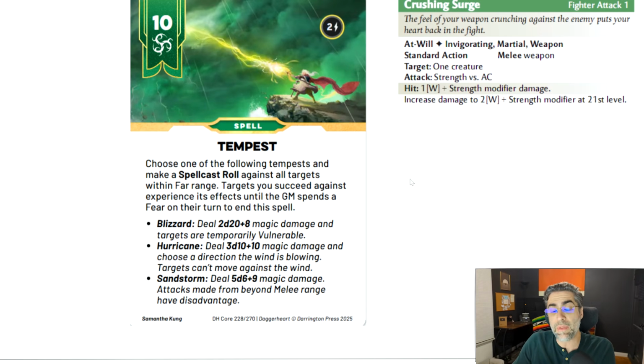There are game keywords within this paragraph: spell cast roll, far range, as it uses abstracted range bands, the GM spending fear to end the spell, and then it has a bullet point list of what different effects you can cause, each of which is mostly written in a natural language sense, like deal 2d20 plus 8 magic damage and targets are temporarily vulnerable. Again, that's natural language versus simply having riders and symbols to each item that use icons